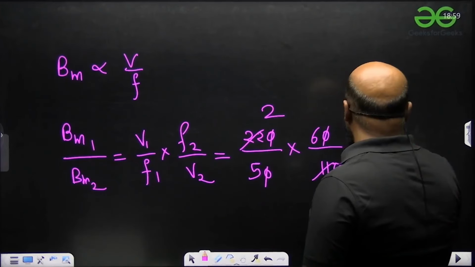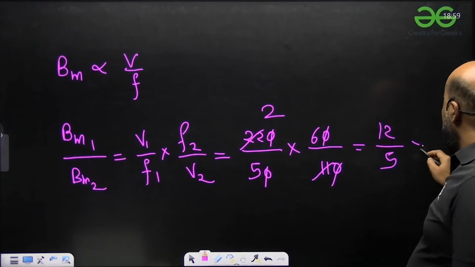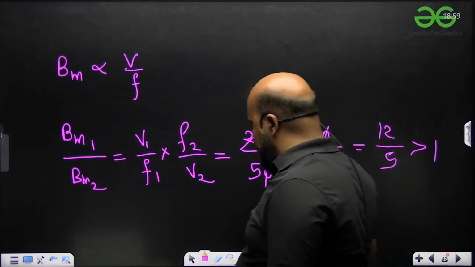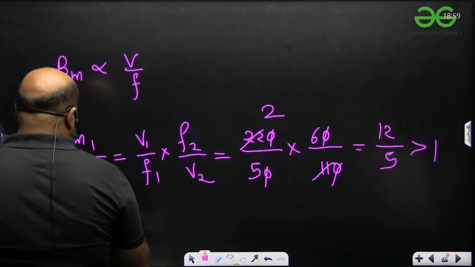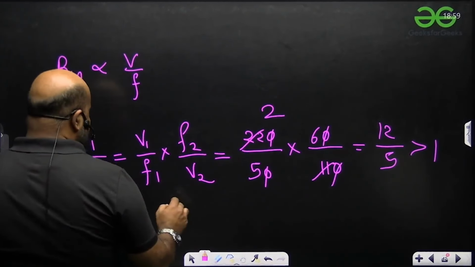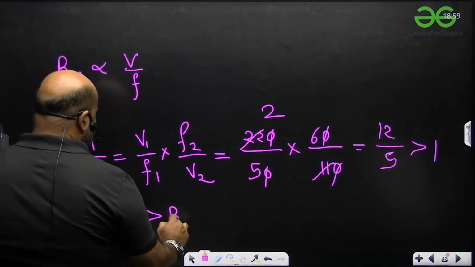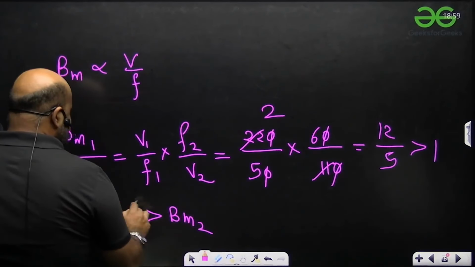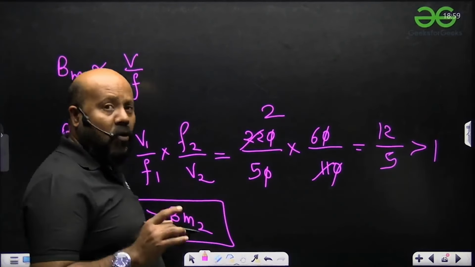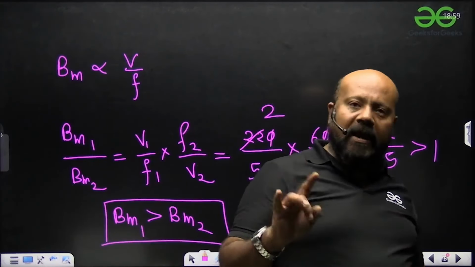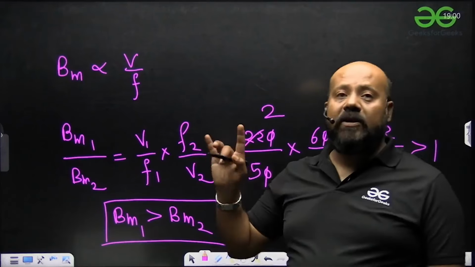6 दूनी 12/5, मतलब ग्रेटर देन 1 ही आएगा, ग्रेटर देन 1 आएगा। यानी BM1, BM2 से बड़ा है, यानी कि जो मैग्नेटिक फ्लक्स डेंसिटी रिक्वायर्ड होगी इंडिया में वो ज्यादा होगी उस ट्रांसफार्मर के लिए इन कंपैरिजन टू यूएसए,